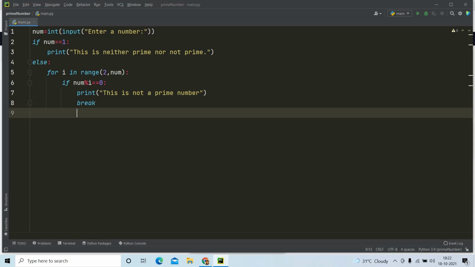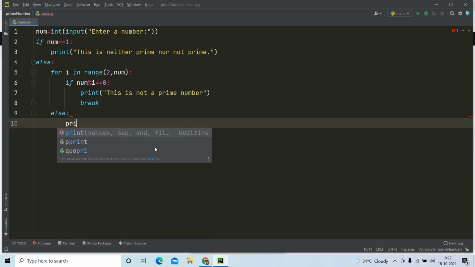Else, what we need to do? If the number is not divisible, after completing the whole loop, then we can just print that it is a prime number, correct? So here I would like to introduce a new feature, which is the else statement available for your for loop. If I write an else inside the for loop, then if the if statement never worked and the loop finishes without breaking, this else statement will work.